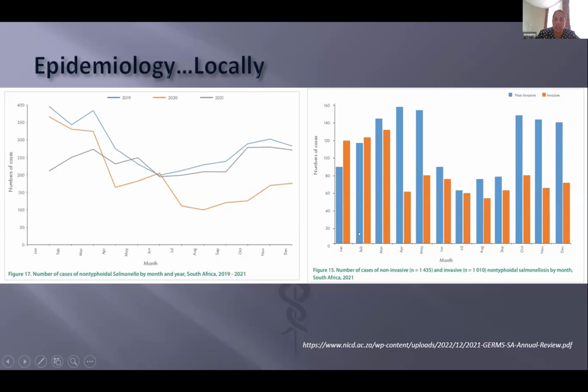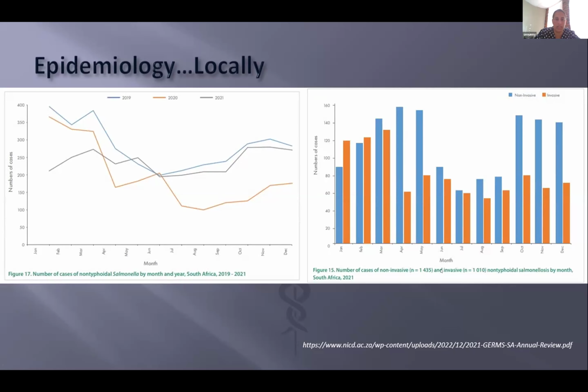So it's higher during the earlier months, but is somewhat reduced during the winter months, and this is thought to be because of increased environmental exposure to fecally contaminated water and food during the earlier and wetter months of the year. Whereas for invasive disease, which is in the orange, you can see more or less, aside from the first 3 months here, where there were disproportionately higher numbers of cases in general,